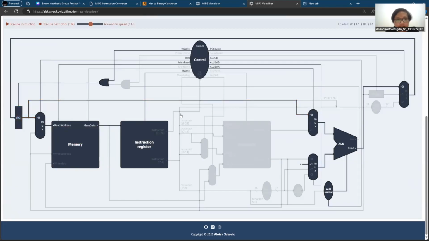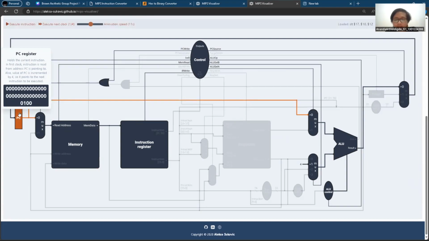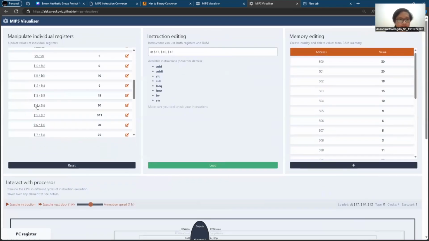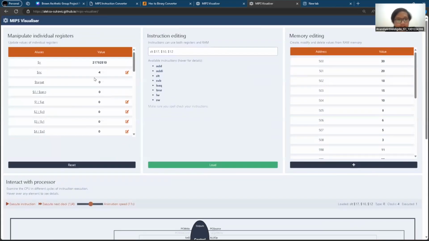And the PC at the end of this step will be 4. But as you can see earlier, before we go to the first step, the value of PC is 0 and the value of the instruction register is also 0.